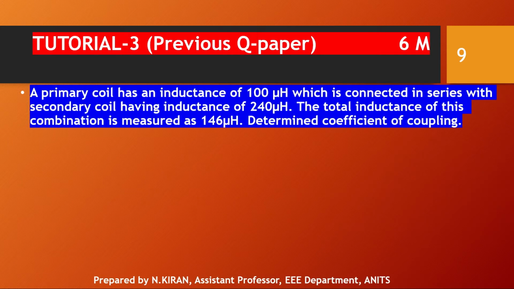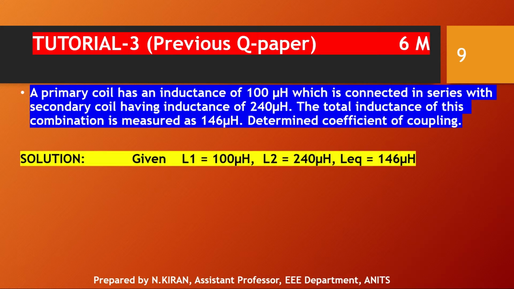One can observe that in this sum, the two coils which are connected in series, it is not mentioned whether it is series aiding or series opposing. So in such case, here L1 is given as 100 microhenry, L2 is given as 240 microhenry, and L equivalent is given as 146 microhenry. Since it is not given whether it is aiding or opposing, one should remember that